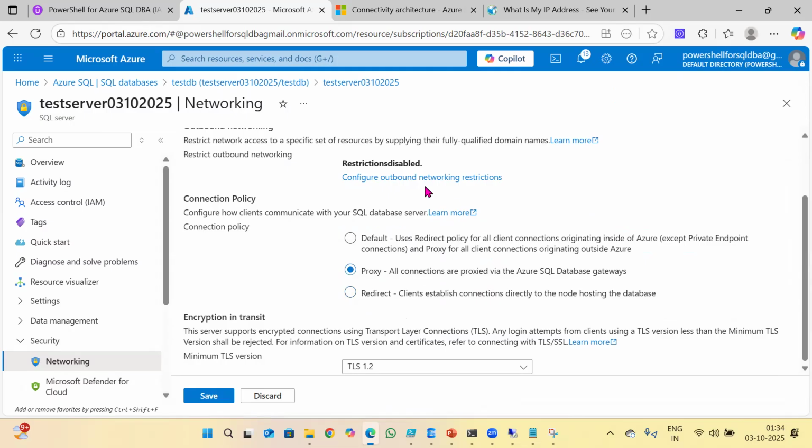And you can use this PowerShell command also for changing the connection policy, right? I hope it is clear. So where do you use which? With proxy, each and every time it has to authenticate, right? So it is more secure, you can say. That's why